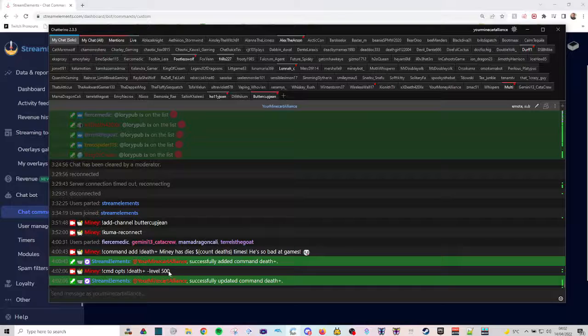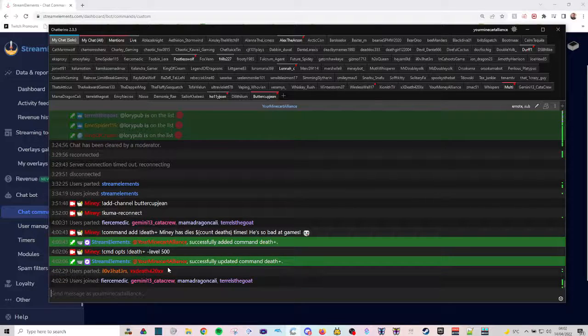And that is basically how it works. Basically for this, 500 is mod, 1000 is super mod, 1500 is broadcaster only, 250 I think is subscriber, 300 is regular, 400 is VIP, and 100 is just your average user, so anyone can use it. But by default, all commands are set to anyone can use them. Okay, so we have our command, right? And it's important to note this variable here, whatever this is, this defs part, this is important for our counter